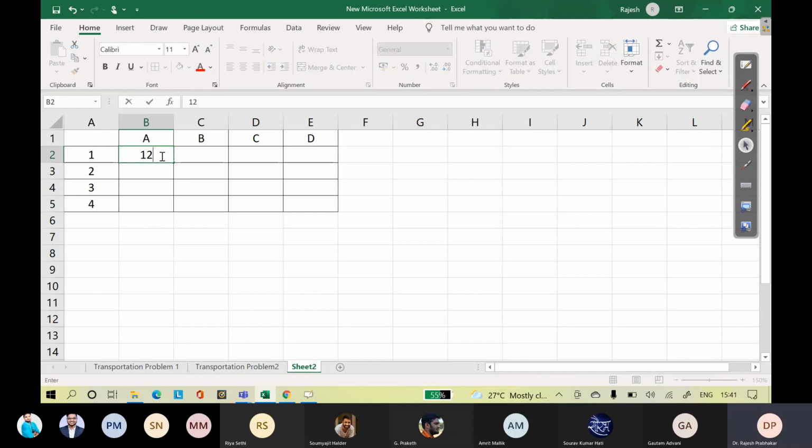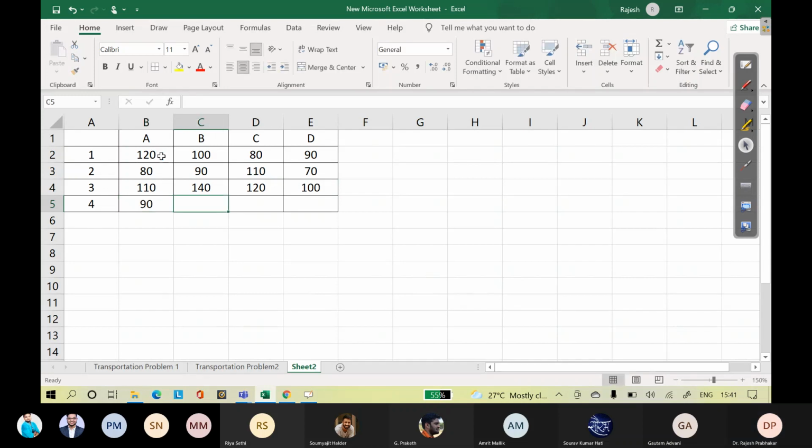120, 100, 80, 90, then 80, 90, 110, 70, 110, 140, then 120, then 100, then 90, 90, 80, and 90.